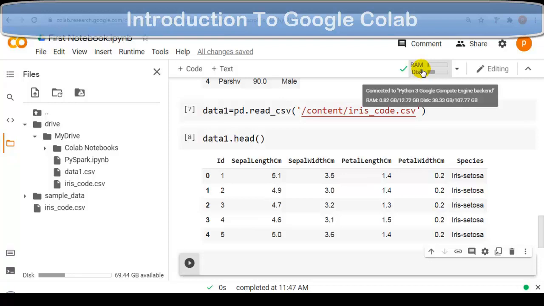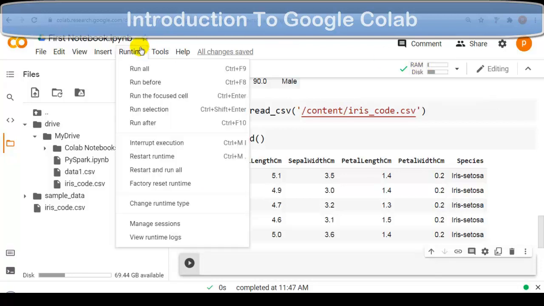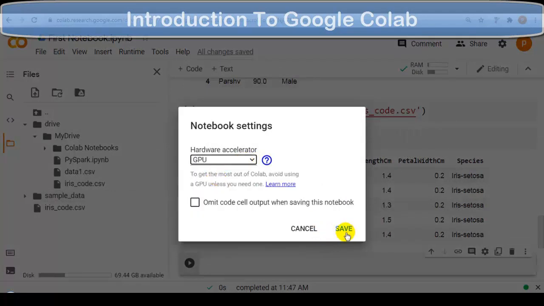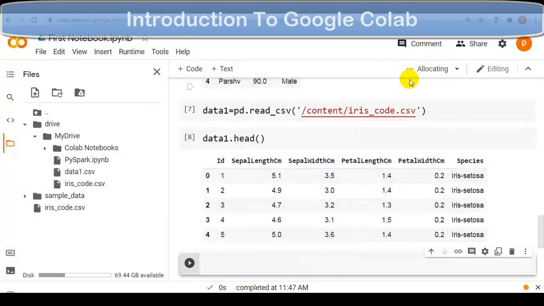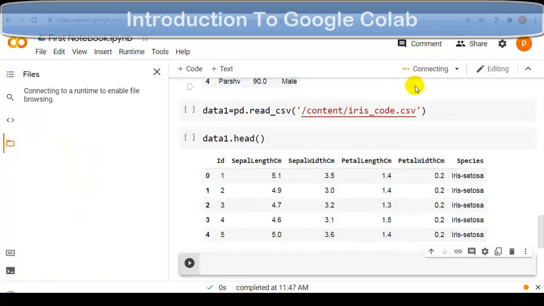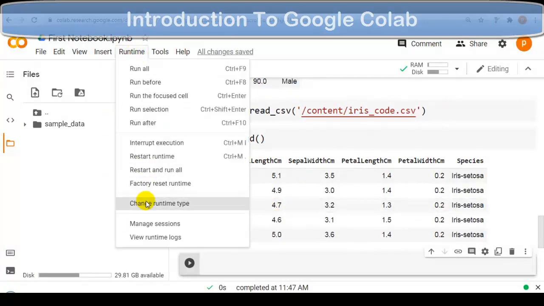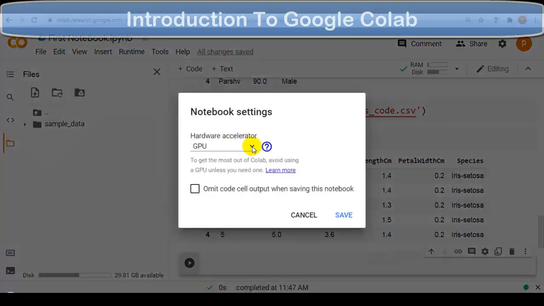So in Colab, we can use both. From runtime, change runtime type. From here, you can select GPU. Let me press the save button. As you can see over here, now it is allocating a new virtual machine and then launching this notebook. So this way, from runtime, we can use GPU, TPU, or none.